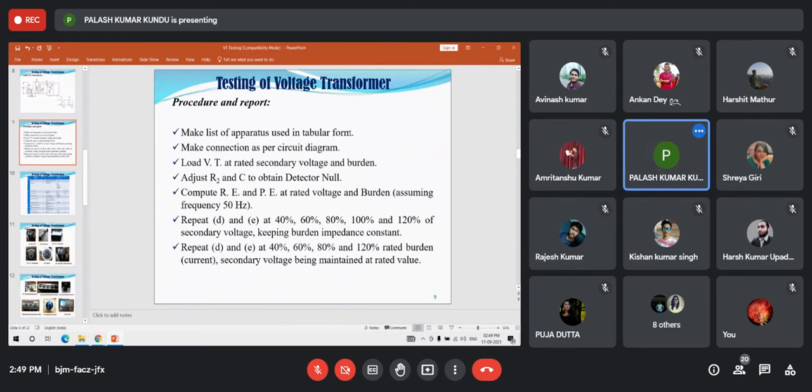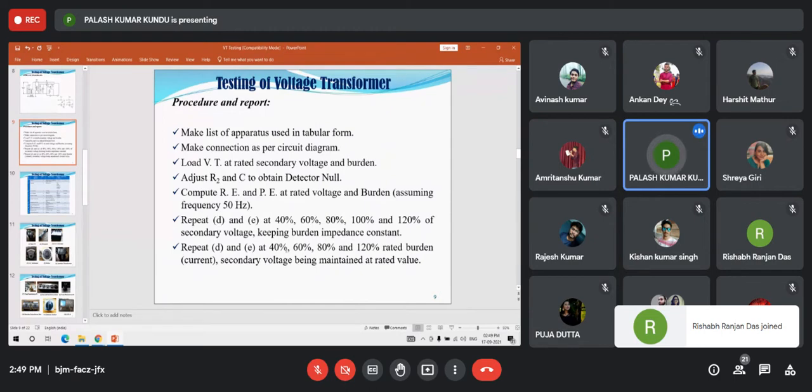Similarly, in terms of R2 and C, for the ratio error and the phase angle error there is a separate empirical formula, the formula for computing the ratio error and the phase angle error. I will show the formula. Similarly, now